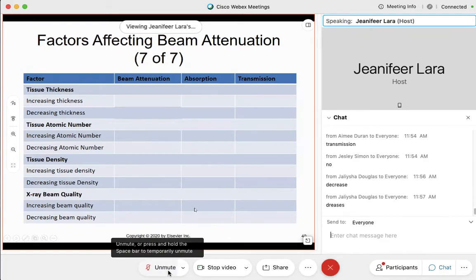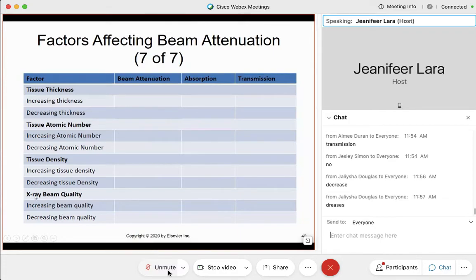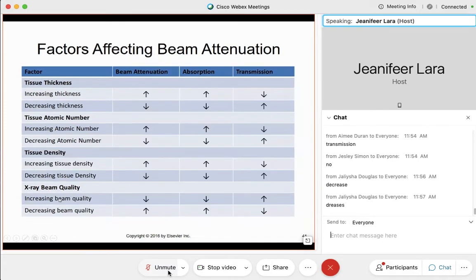go up. Now, beam quality starts to change things. As beam quality increases, beam attenuation goes down, transmission also increases. Now, if you can go back and look at these arrows, I don't want you to get too confused because of beam quality, as I taught you back in last chapter,